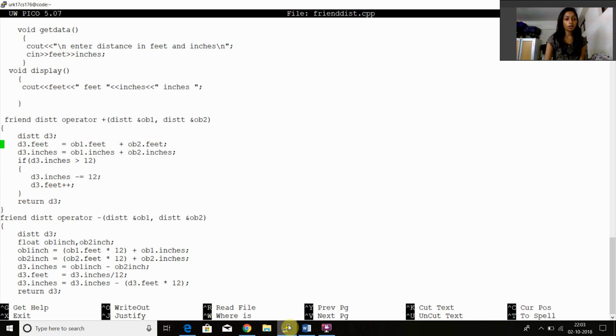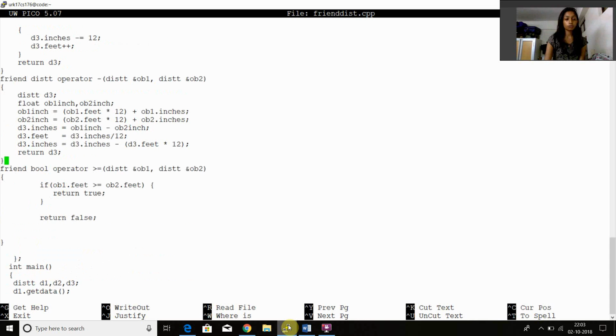Here in this operator plus overloading, we are giving a friend function, where it will add the two feet and inches and calculate: if inches is greater than 12, then add 1 to the feet. Then we have a friend Dist operator minus, where we will subtract two distance objects. And then we have a boolean greater than or equal to function for distance, to check if distance 1 is greater than distance 2. If distance 1 is not greater than distance 2, then the subtraction operation does not take place. So in the main function we have